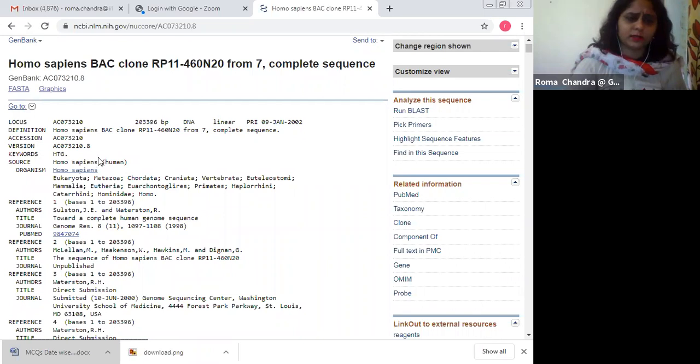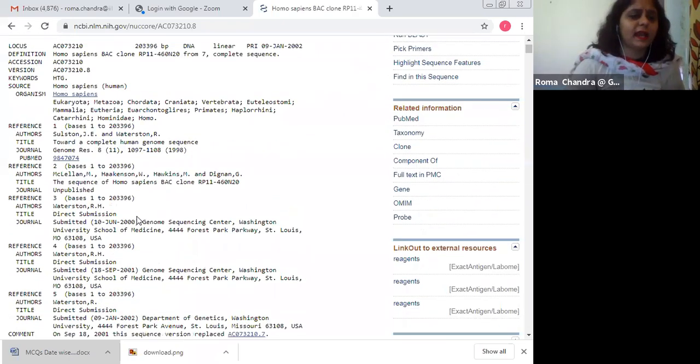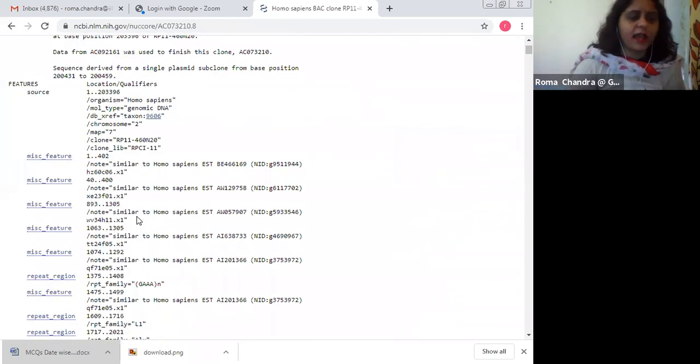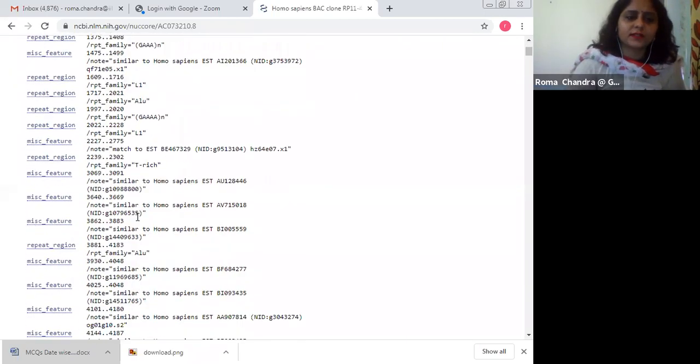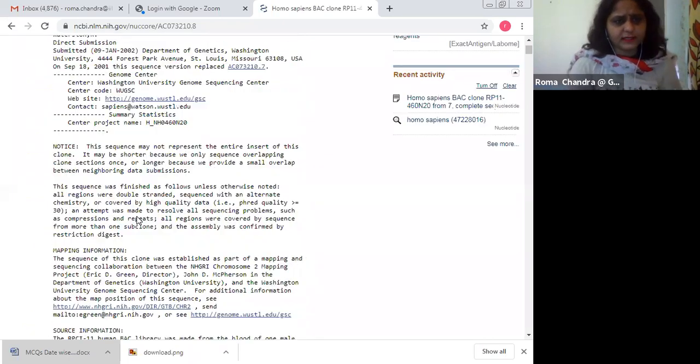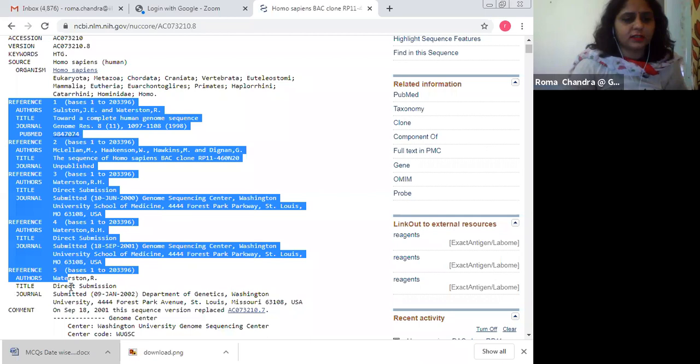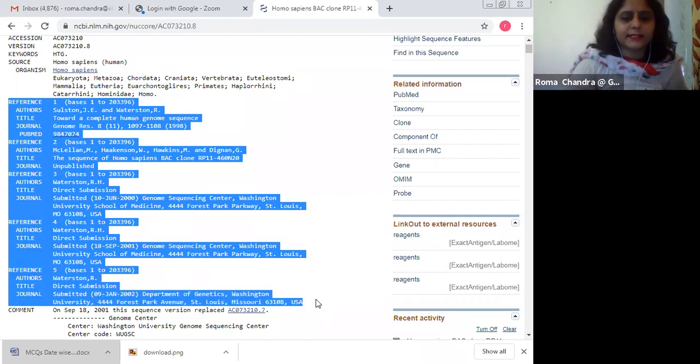Keywords are there. What is the source? What about the taxonomy, the research articles, the name of the research article, the author name, journal, and so on. All sorts of information are on this page, and the features are there. This portion from references to journals is where the sequence was published in these research articles.